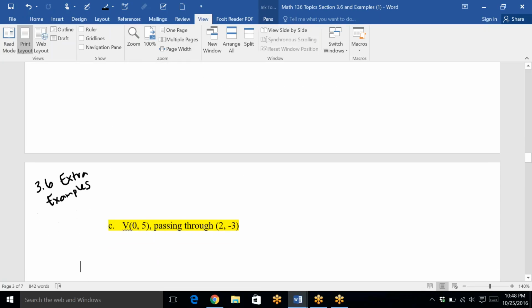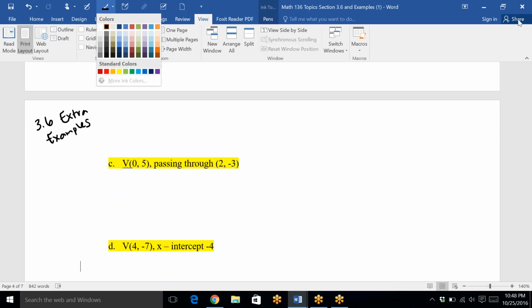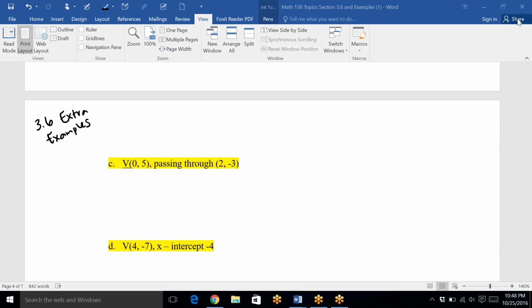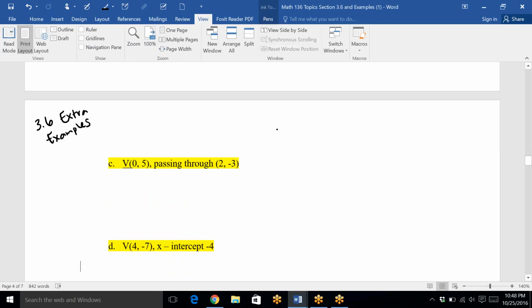If you're given a vertex and a point, the best way to get this in standard form, which remember is ax squared plus bx equals c, is to start it out in the vertex form that we learned. Remember, vertex form was f of x equals a times (x minus h) squared plus k. For us, h and k are the vertex, and x and f of x would be the second point. So we can plug in what we know and solve for a,